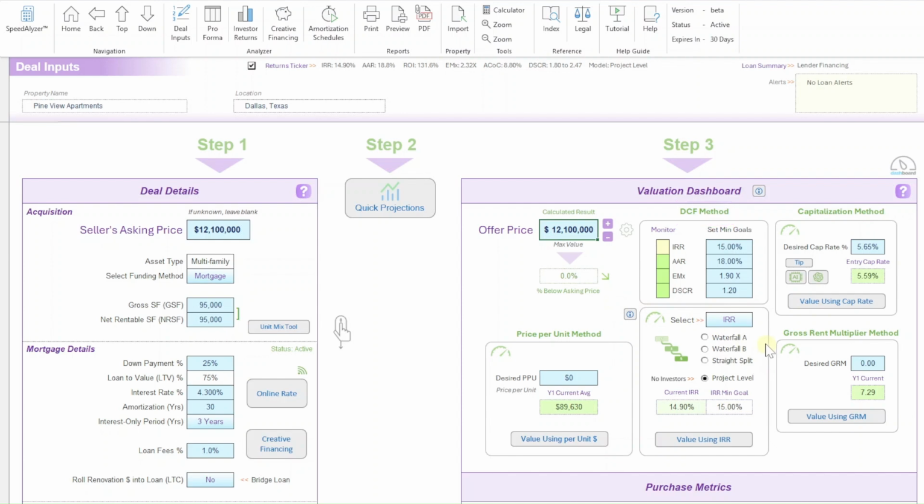Currently, our IRR monitor is flagged yellow. From the drop-down menu found below the goal columns, select the flagged metric, in this case, IRR. The green field below shows our current IRR is 14.9%. Click the Value using IRR button. SpeedAlyzer automatically calculated an offer price that increased the IRR up to our minimum 15%, changing the IRR monitor from yellow to green. The new maximum offer price is